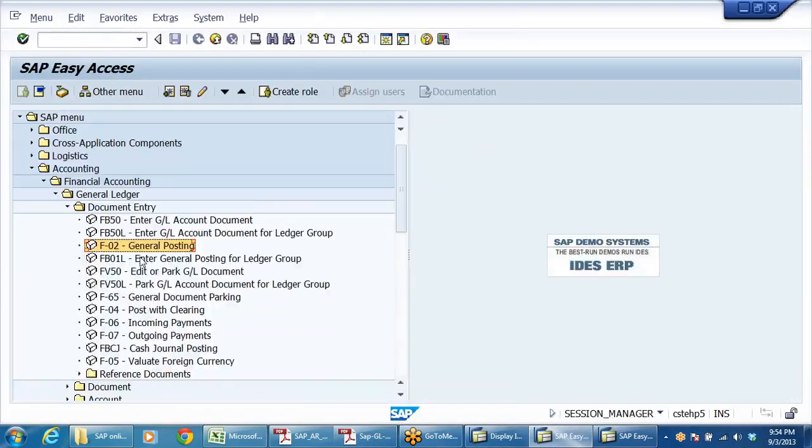Say for example, my equity share capital account is there. I don't want anybody to post even by mistake to that account, right? So for that purpose, what I will do, I'll be blocking that GL account. So equity share capital account, say FS00.